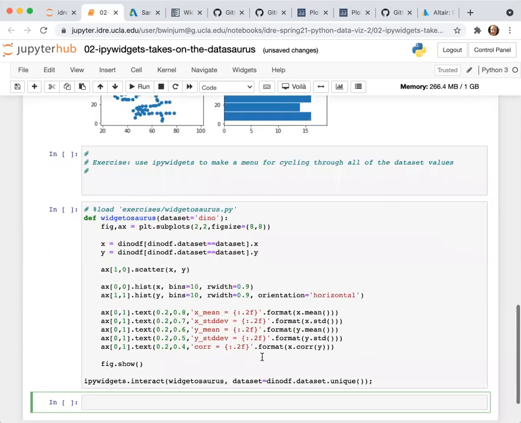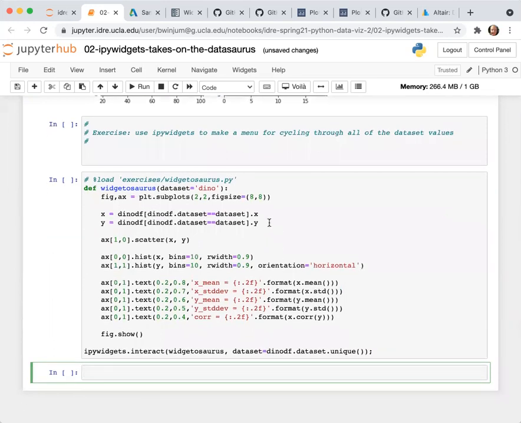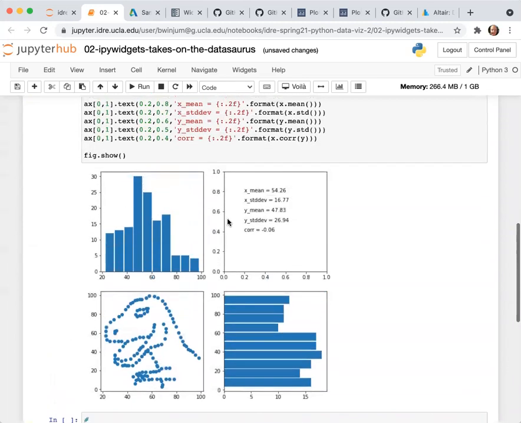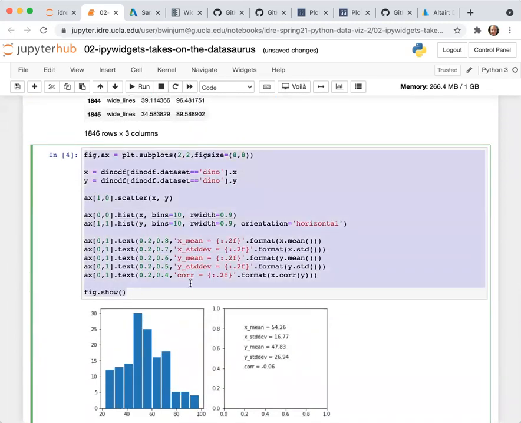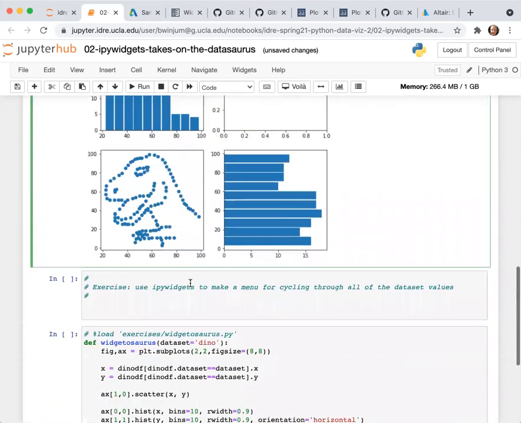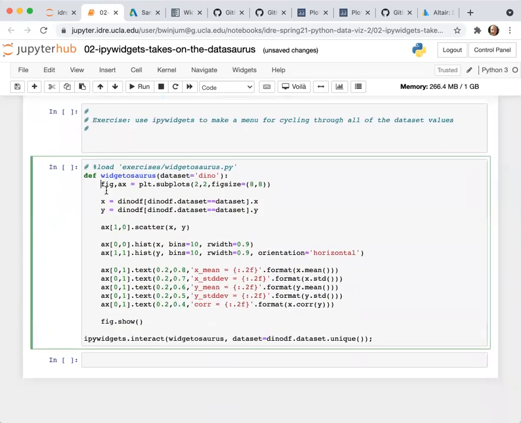So my solution was to take just exactly the code that I showed here. It's exactly the same, except that I explicitly specified the data set as a parameter in a function definition.